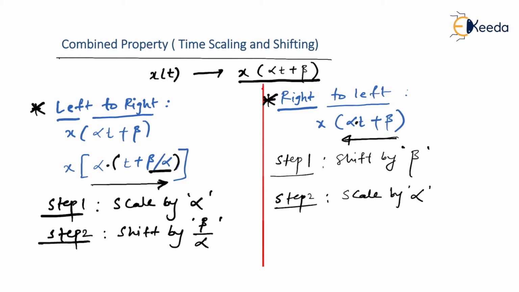The reason is this is quite a useful method when you solve problems on Fourier transform and Laplace transform. So while solving problems based on Laplace transform as well as Fourier transform, this method is quite beneficial to you. So I suggest you should go with this approach only, that is the left to right approach, and whatever sums I would be solving, I'll be going from left to right approach only.